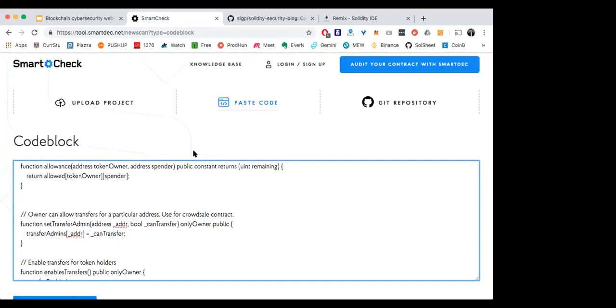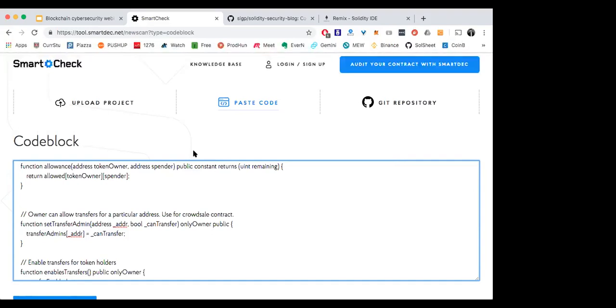Oftentimes people post their smart contract code publicly so that users can trust that it does what they say it does. If it's not perfectly secure, people will read through it and exploit problems if they find them.